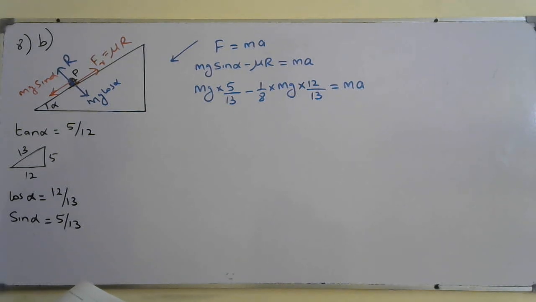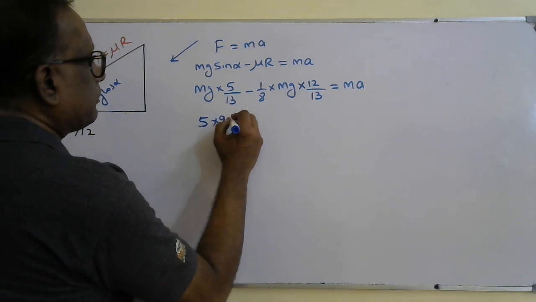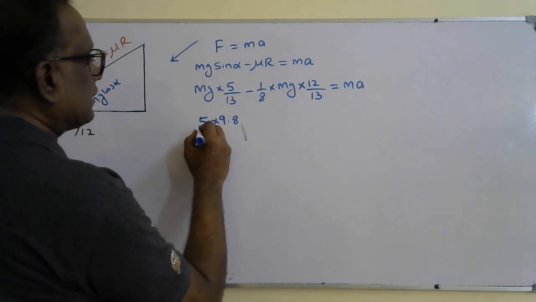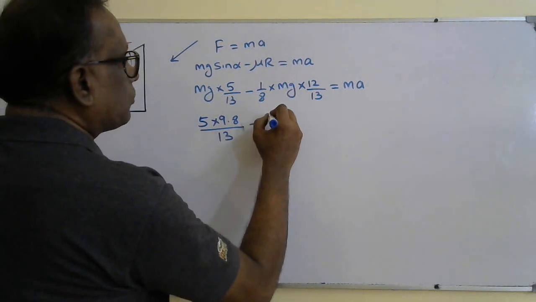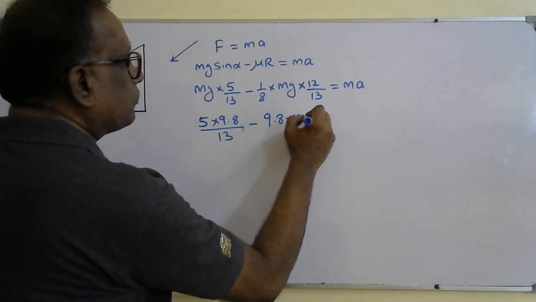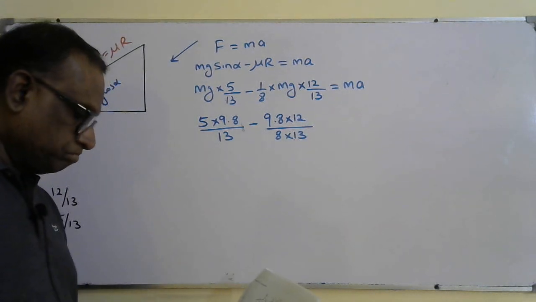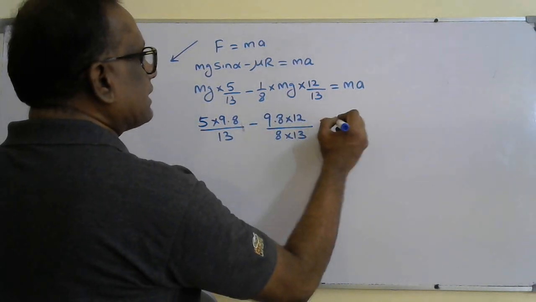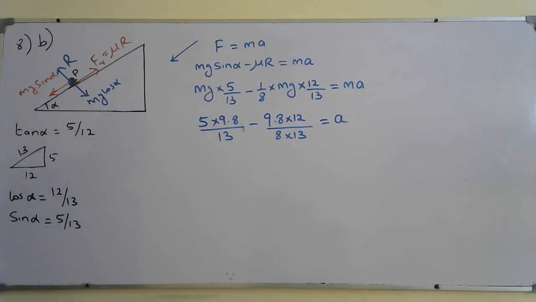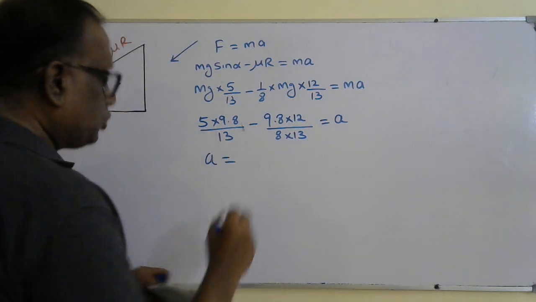So when you solve that, you will get finally 5 into 9.8 over 13 minus 9.8 into 12 over 8 into 13, is equal to a, all the m got cancelled. So solve it, you will get a, the acceleration along the slope down. You solve it, you will get 2.64